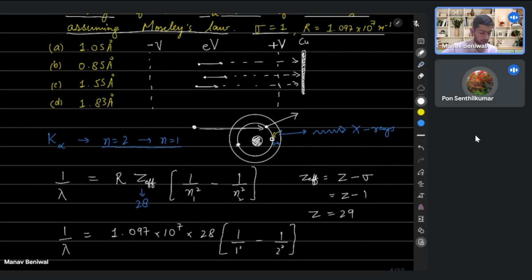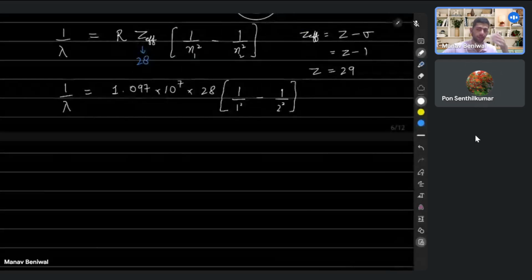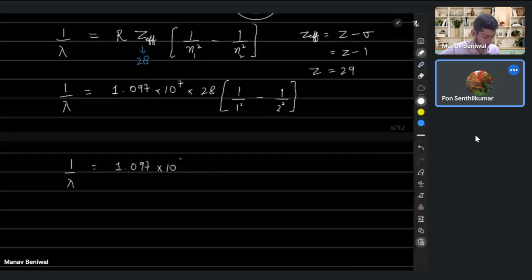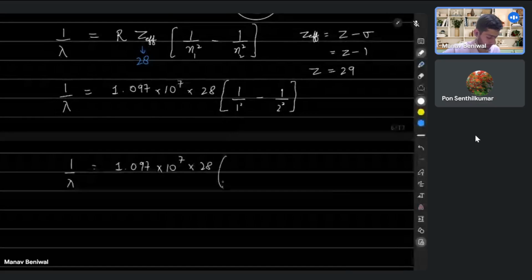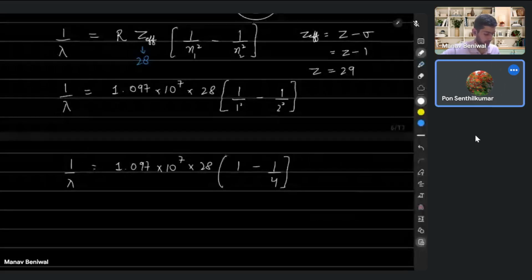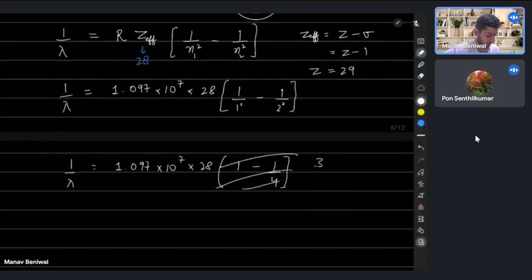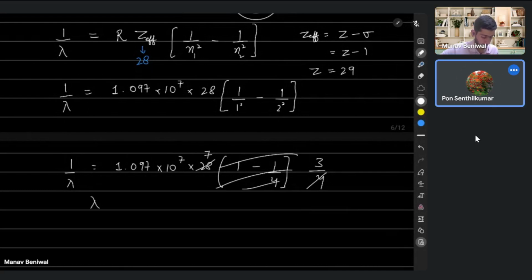Now we have to just solve this equation and we will get lambda. So let's write this: 1 over lambda equals 1.097 times (1 minus 1 over 4), so 3 by 4 comes. Let me write this as 3 by 4, and this 4 will cancel out 28. This will give you 7. So then lambda will be, I can write this as 1 over